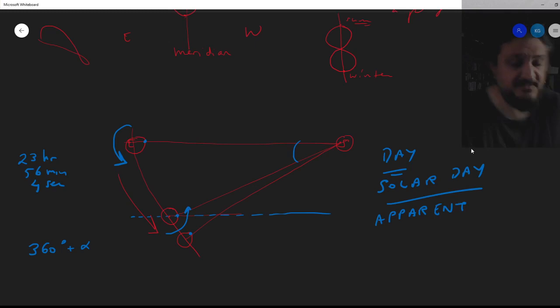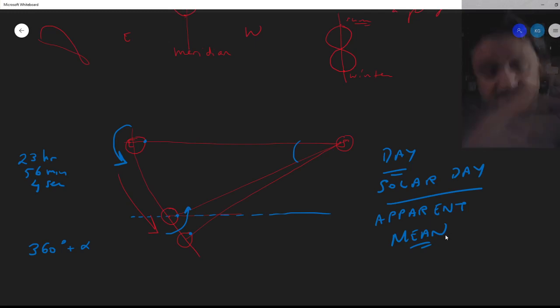It's not useful because with the watches we have, the time, we can't afford it changing throughout the year, every day pretty much. So we need to use a mean solar day. What we do is we take the time around the sun and divide it into 365 days, and we have a mean value. That's 24 hours, okay?